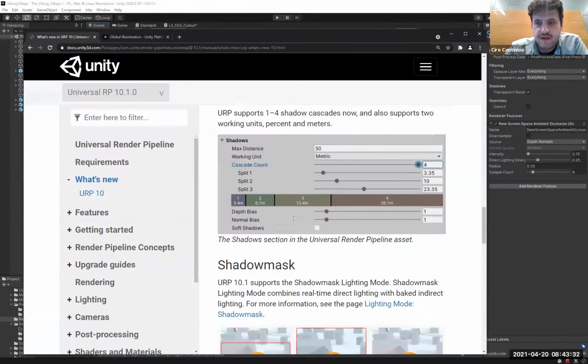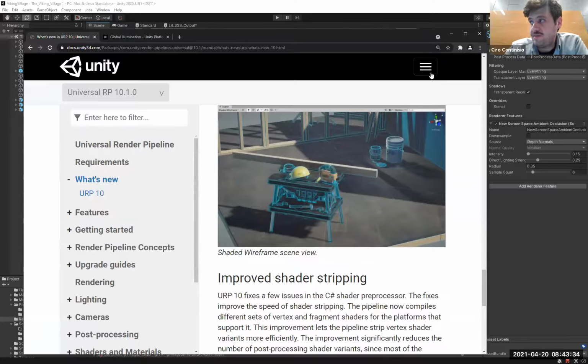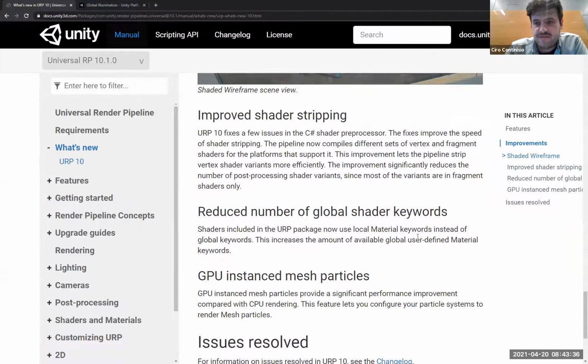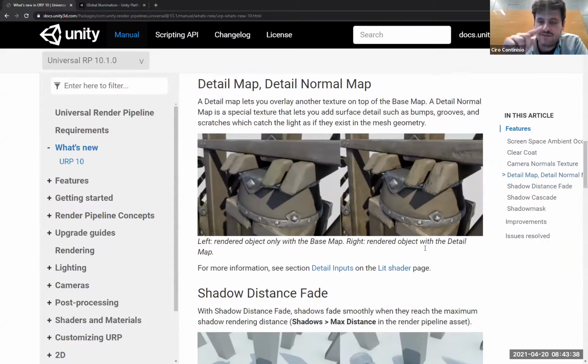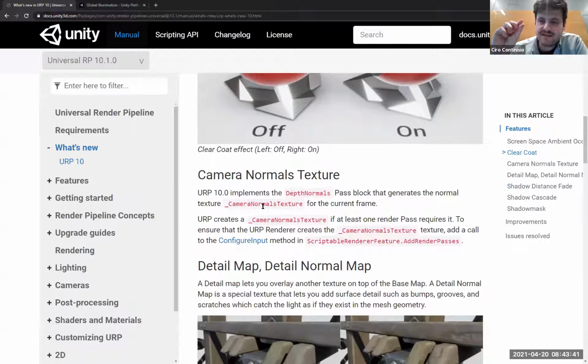And for instance, we use it on a project to create a classic outline effect, right? So you create an outline around objects by detecting the change in the depth and the normals. And that's when you decide that there's an outline there. So I'm just saying that this texture is much easier to grab and use in URP. So it can be used to create interesting effects exactly like the SSAO does.